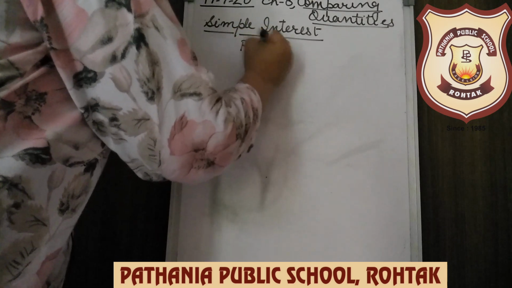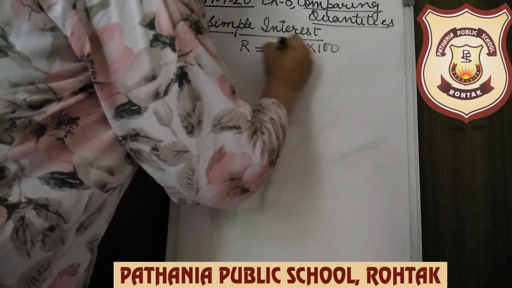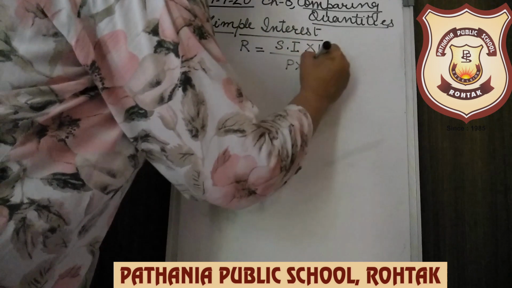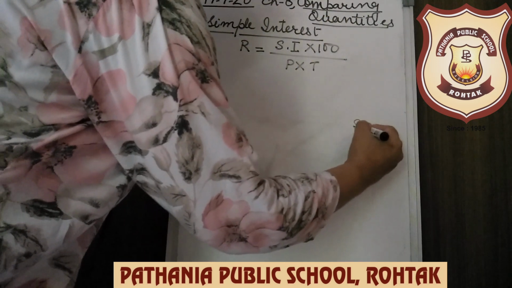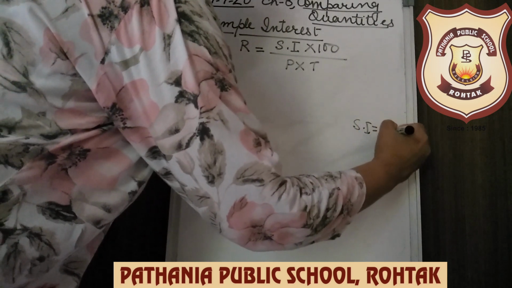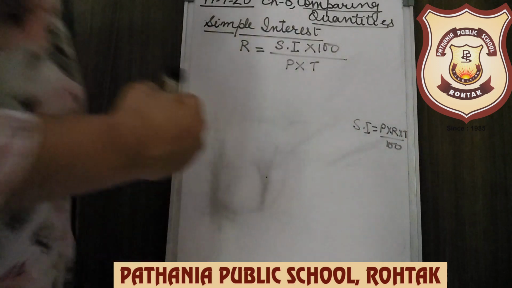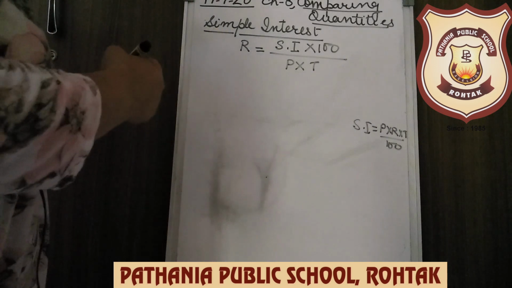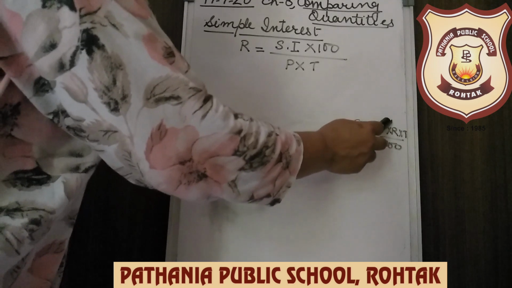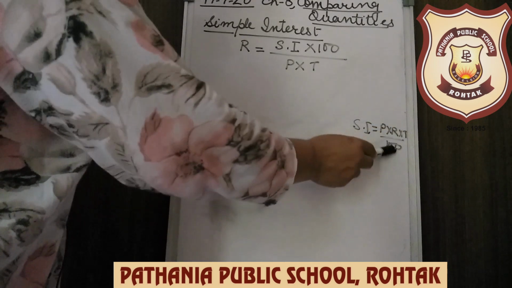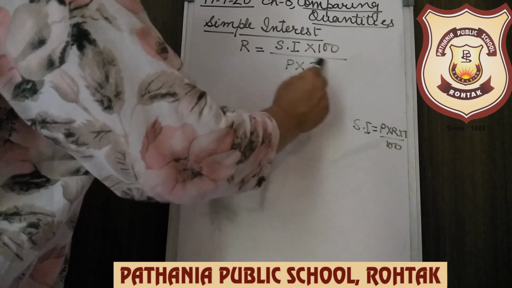If you have to find the rate, then it is simple interest multiplied by 100 upon P into T. Because what is your formula for simple interest? It is SI is equal to P into R into T upon 100. So now as I have to calculate the rate, I will take all the things which are given to the other side. So 100 will multiply with simple interest, and principal and time will come in the